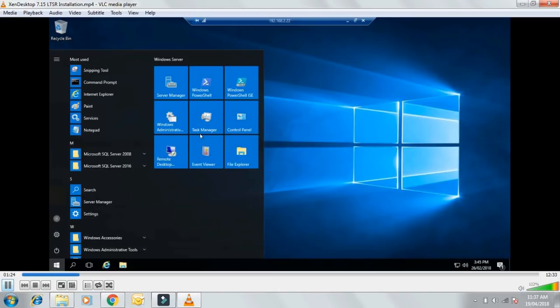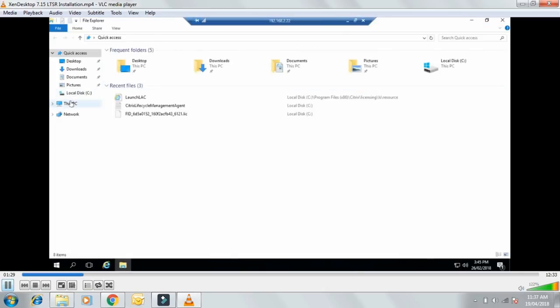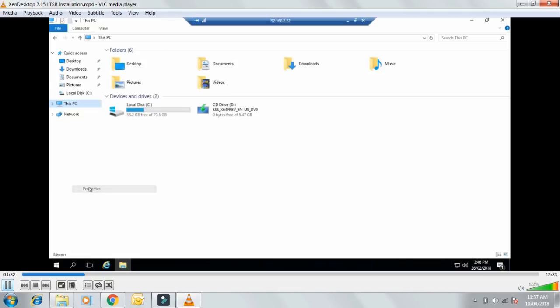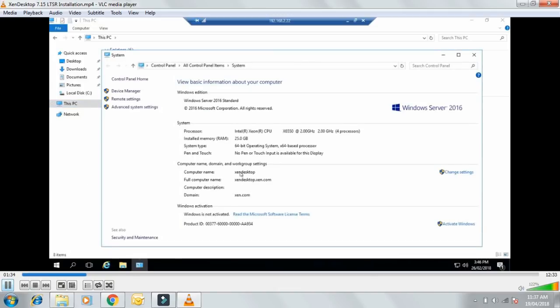And the detail of this XenDesktop server, here is the configuration detail.